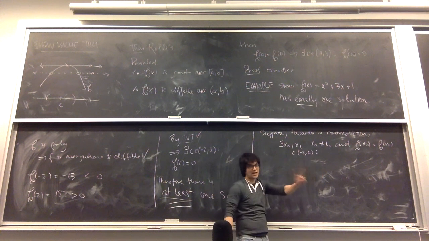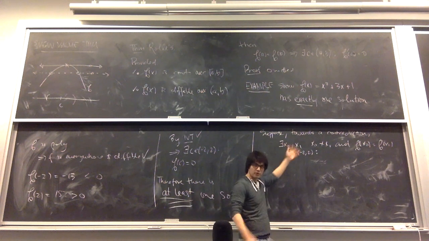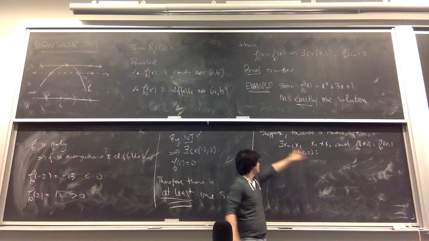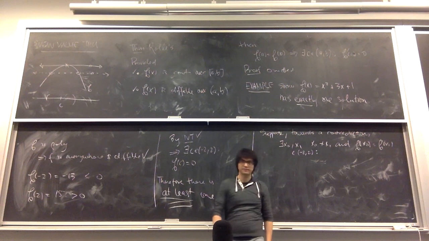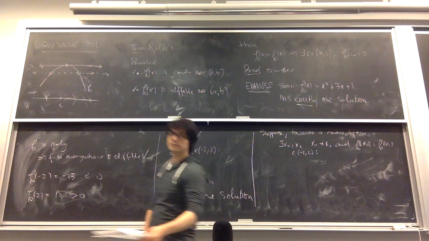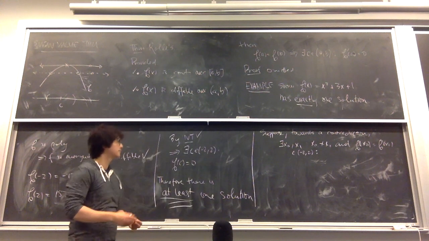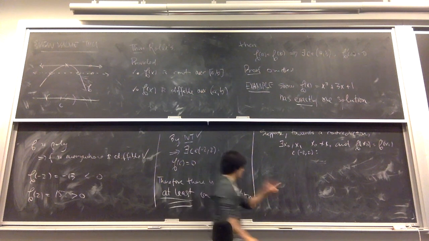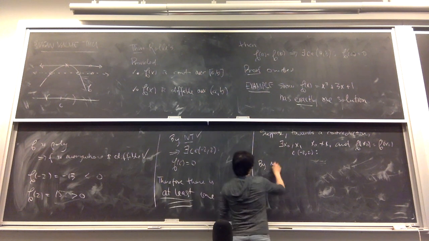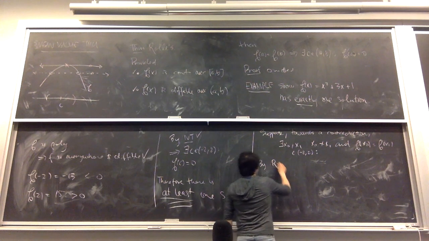It didn't tell me how many it found. There may be two, so let's assume there are two solutions in the interval. The first one's x0, the second one is x1. What does Rolle's theorem tell me now? There's a value c in between where the derivative equals zero. So by Rolle's theorem,